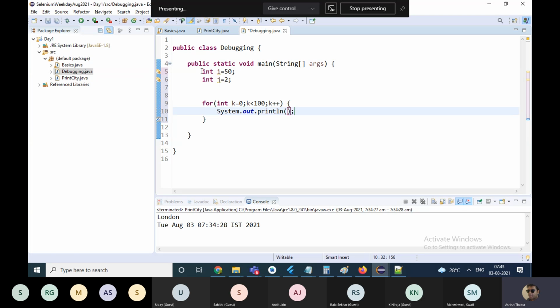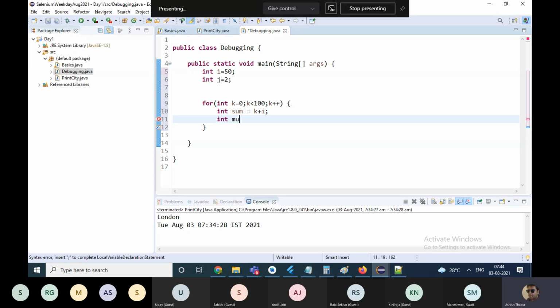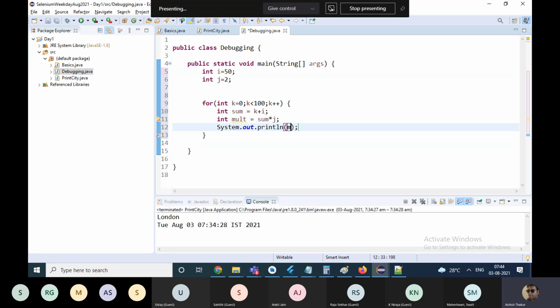Then int sum is equal to k plus i, and int difference or sum into j. I'm just doing some random things, no logic over here, and I'll just print the result of the multiplication.